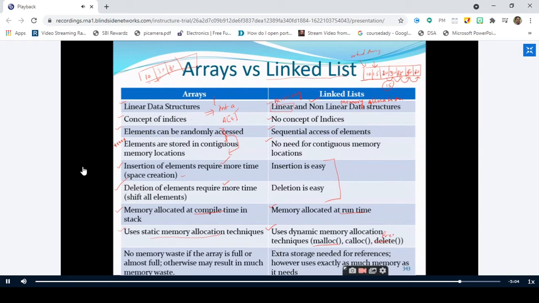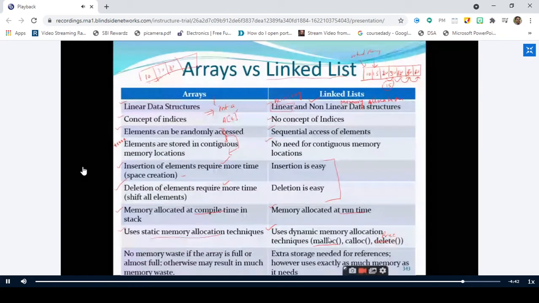So in dynamic memory allocation, who has the greater responsibility? Is it the compiler or the programmer? Programmers. The programmer has to take care of everything. He has to take care of allocation of memory using malloc, calloc, and realloc. And when he moves out of the program or function, he has to take care of deallocation of memory using the free function. This is dynamic memory allocation.